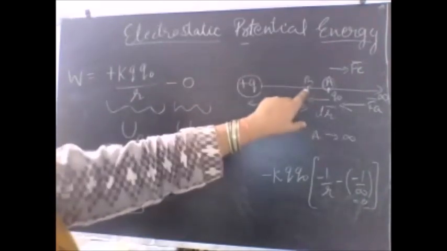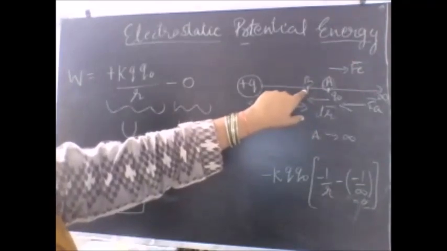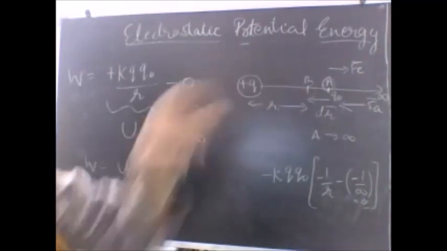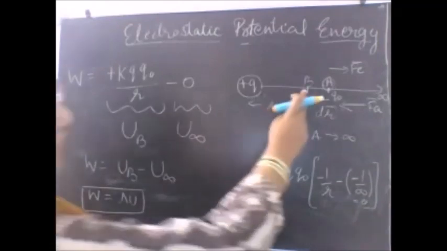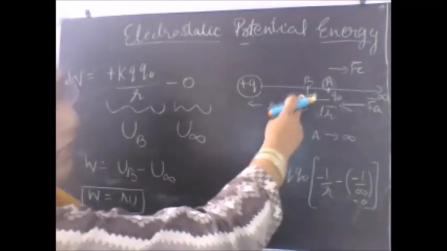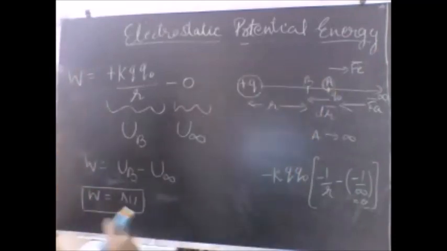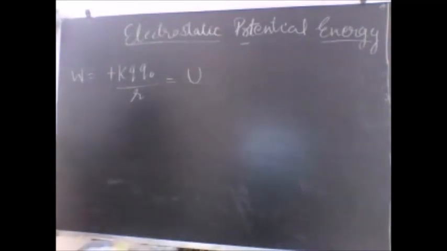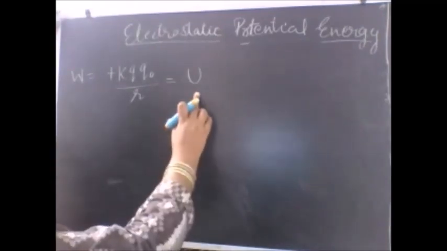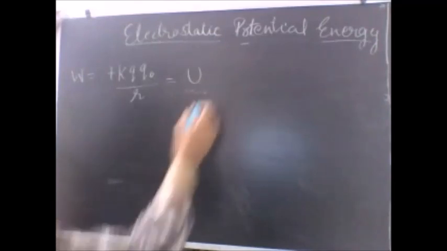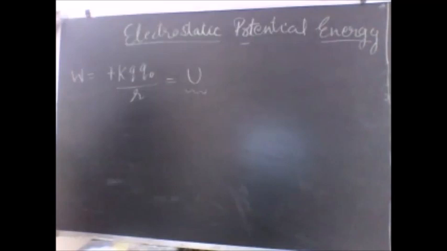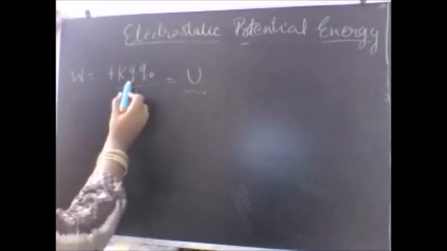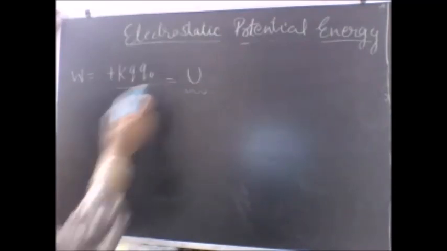That means for the charge Q naught to stay here, I need to apply some force regularly, and if I am applying some force regularly at this point B, that means I am doing some effort. That means there is some energy stored at the point B, and that energy is this. So let us try and understand the work done and the electrostatic potential energy. This is the potential energy which is stored in the point B, and this is the work done that we are doing against the electric field of the source charge in bringing the test charge from infinity.